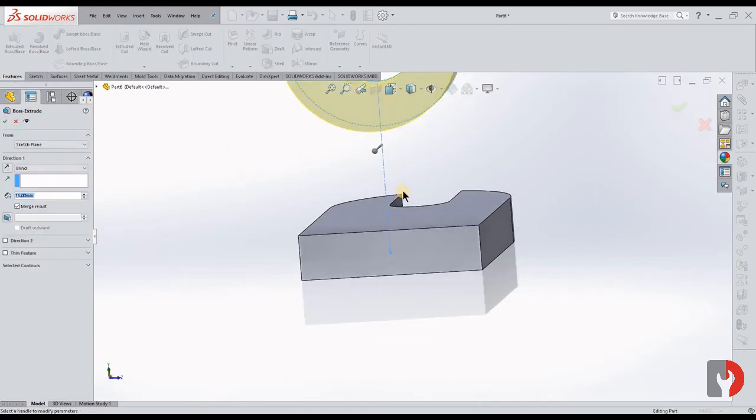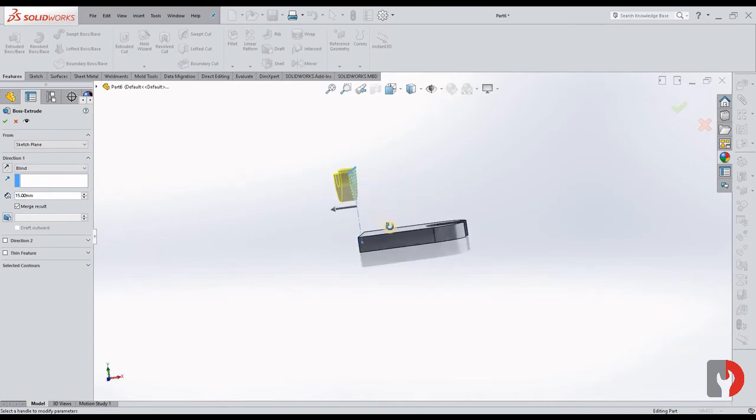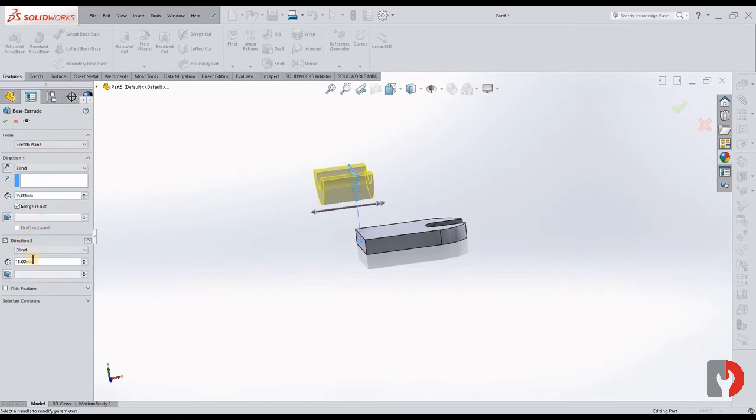Extrude boss base. Okay, this side it's 35 and the other side it's 15. Okay,